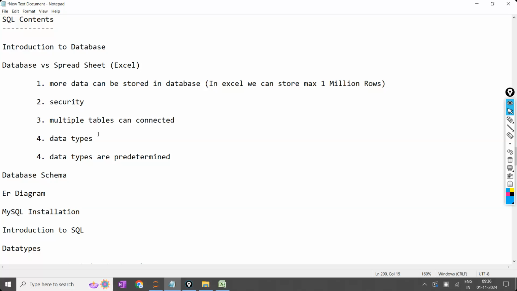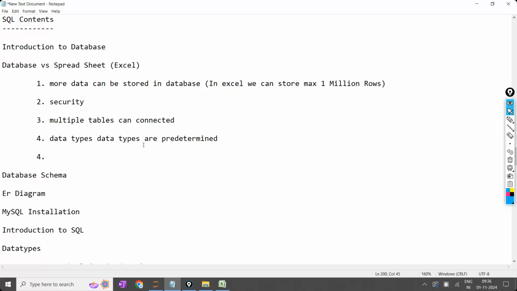And data types. In the Excel sheet, data types are not there. But in SQL, data types are there. What is the advantage they are going to get? These data types will help to get less wrong data, and these data types are predetermined. So what is the advantage of these two?